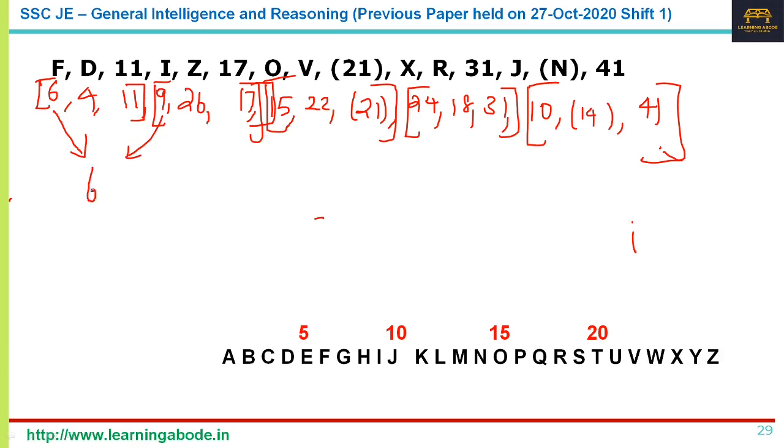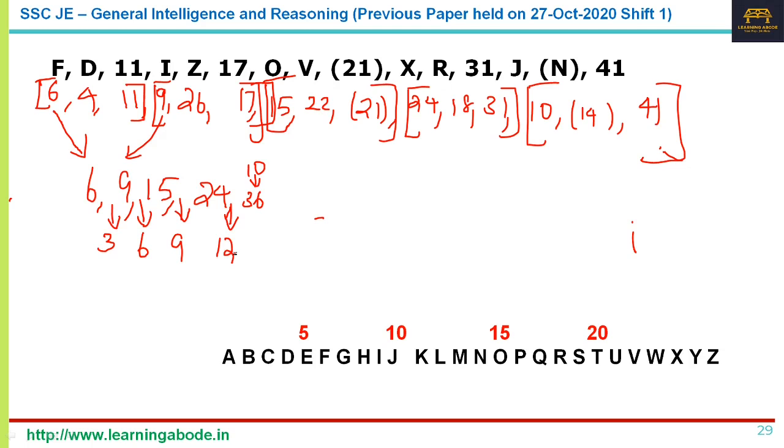So you have 6, 9, and you have 15, 24. Okay, and then 10. Now the 10 is actually like 36. What I'm trying to say here is that you have 6 and 6, then 3. So add 6 and 9, you add 3. 9 and 15, you add 6. 15 plus 9, you get 24. So next, the difference should be 12. Now what is 24 plus 12? 36.